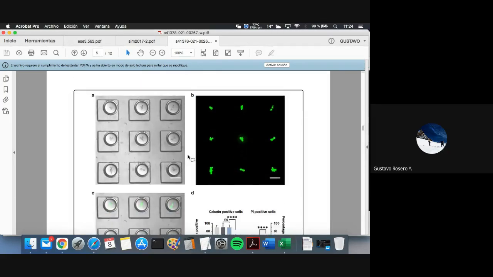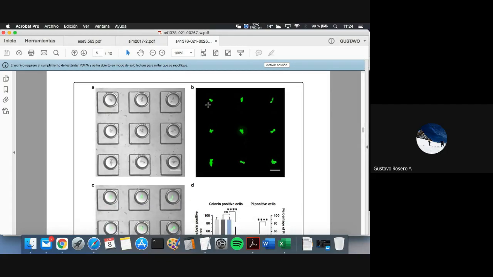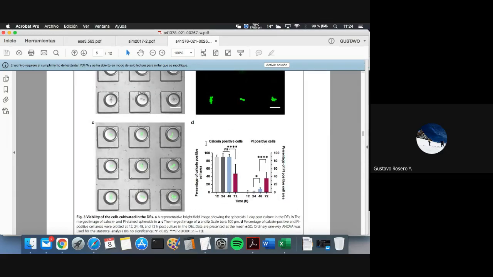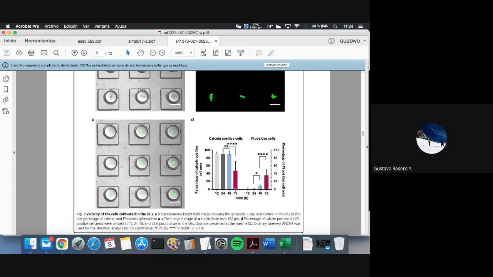They use live cell calcein in order to get the viability of the cell, and also propidium. And this is the statistics from these experiments. They found a difference after 72 hours of culture. The cells rapidly start to die at 72 hours. It means that they are only able to stay viable for 48 hours. For this reason,